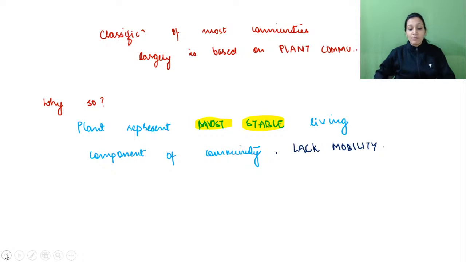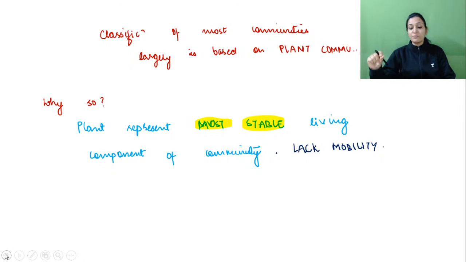So they lack mobility and they are excellent indicators, and they have no other option than coping with the environment. Like if in my city presently I'm feeling very cold, I have the option that I can move to some other city for a certain period of time, come back or settle anywhere. Those things can all be done by us humans. But a plant community has to cope up. So it is the most stable community.